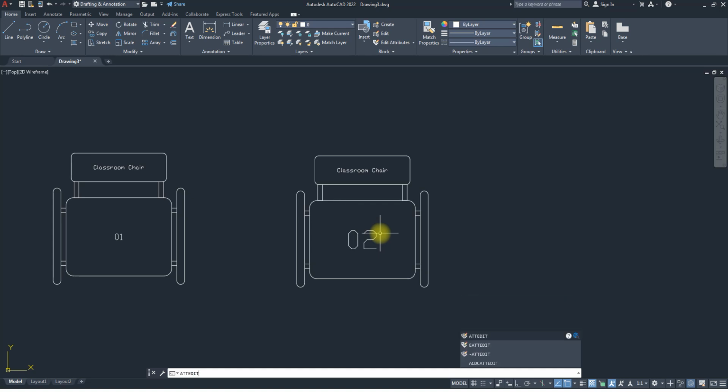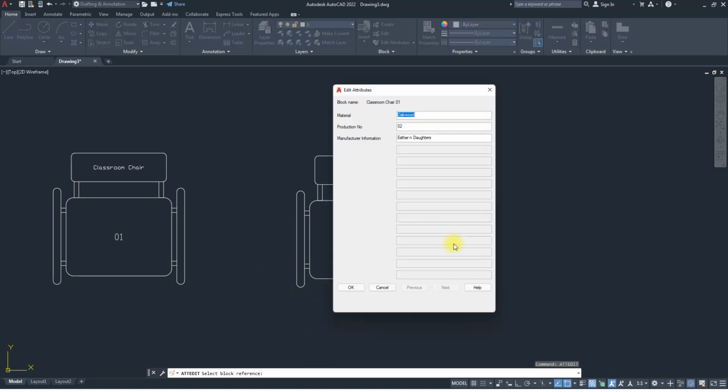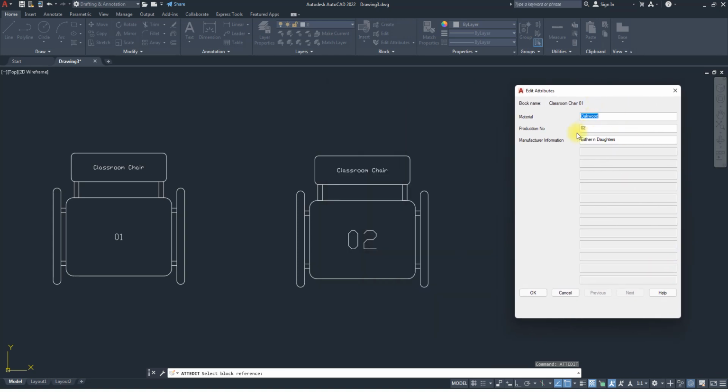ATT edit. Then it tells me to select the block reference that I want to edit. The same way I'll select this block reference, and the same thing comes up. So you notice that a different thing comes up now compared to using the ribbon tab. But this is just straightforward. I can just come in and change this back. So this type of